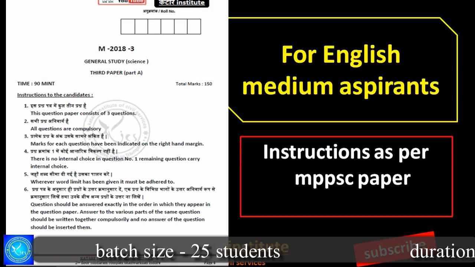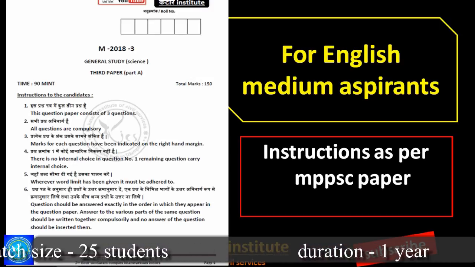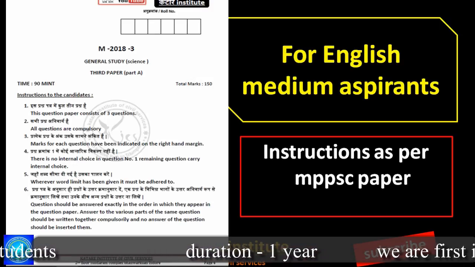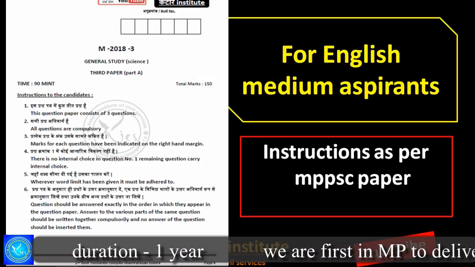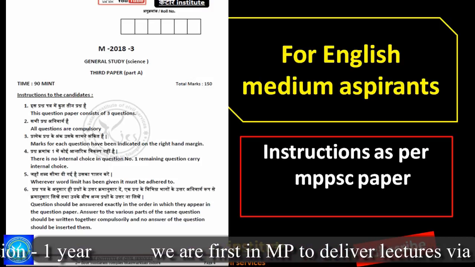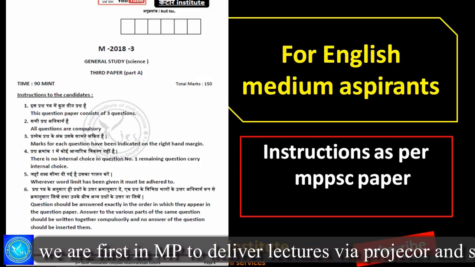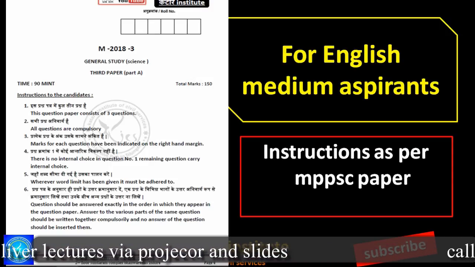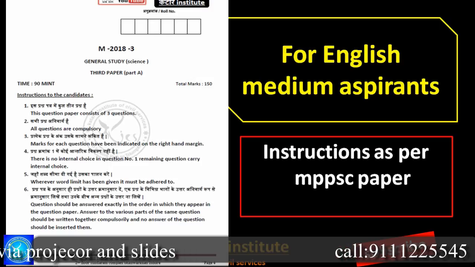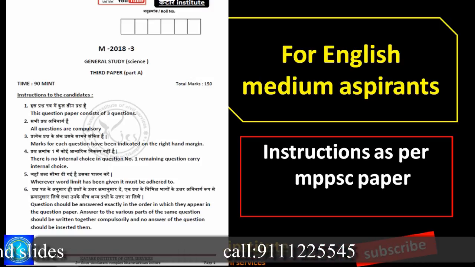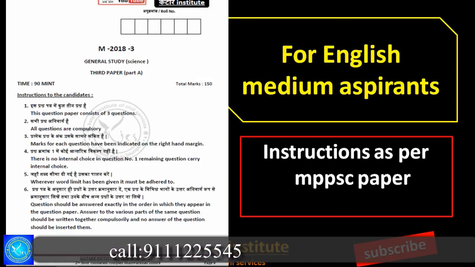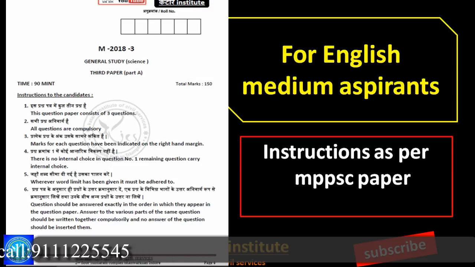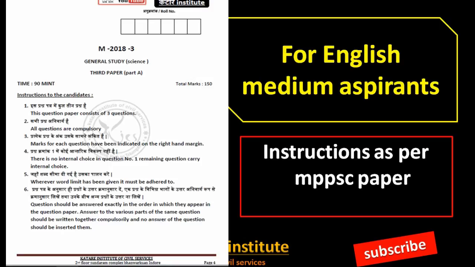First of all, for any paper you are going to write, read the instructions very, very carefully, which MPPSC will give you on the front page of the question paper. Many times we make mistakes because we don't read them and take them for granted, thinking we have read them in a previous question paper or when we solved such papers. So do read each and every single point very, very carefully.